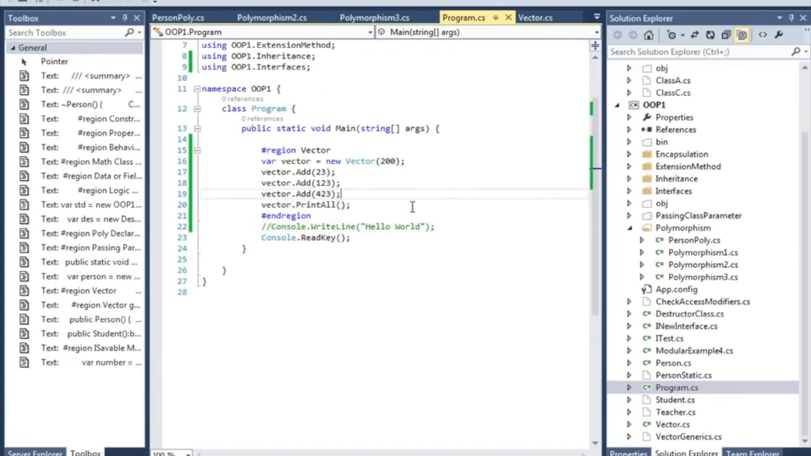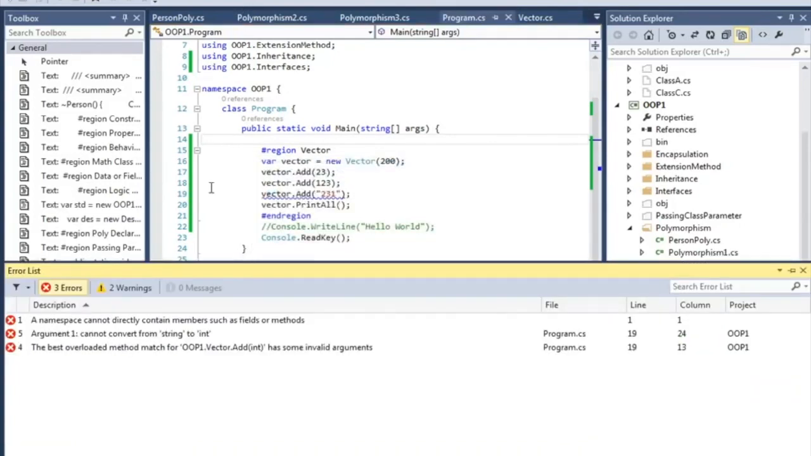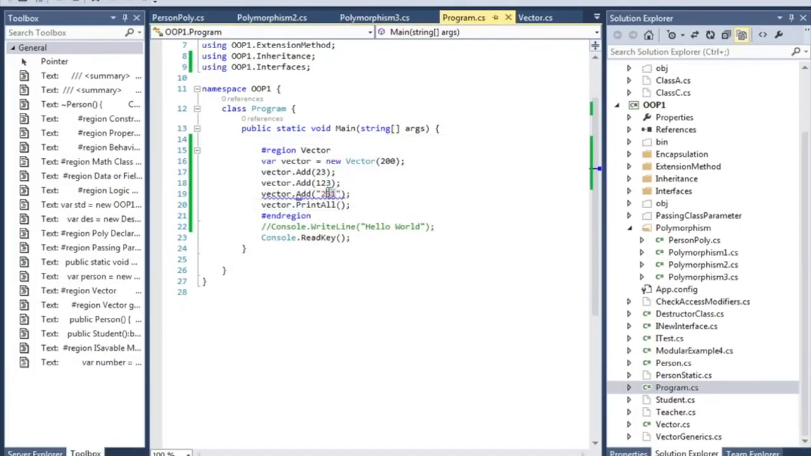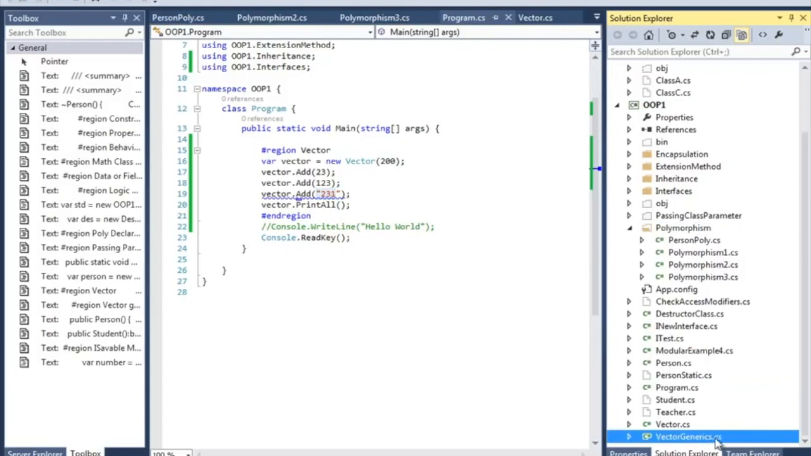Print all. So the problem is you cannot add a string to this class. If you do this, you will have an error. To solve this problem, generics are introduced. So we also have a generic class for this vector type, and